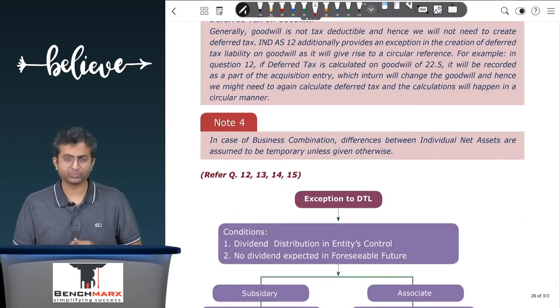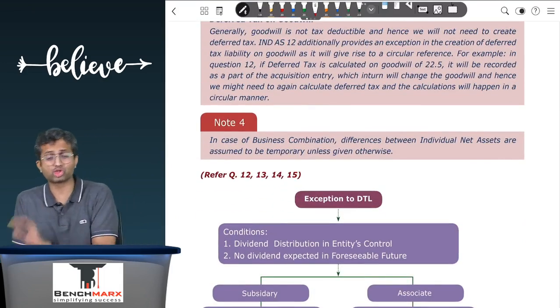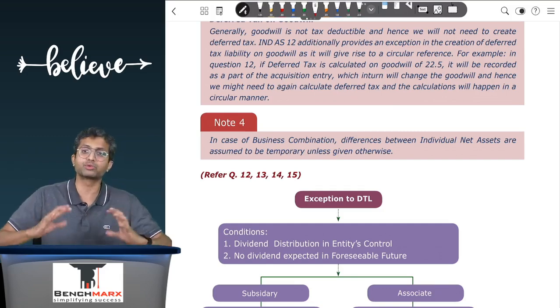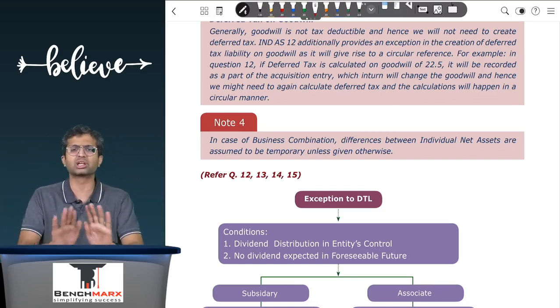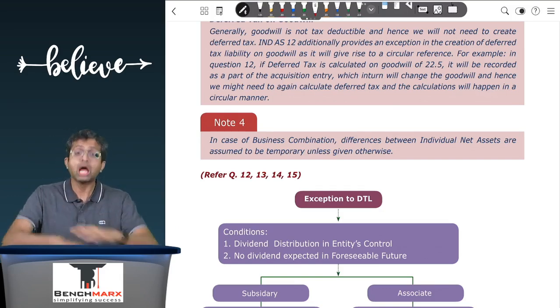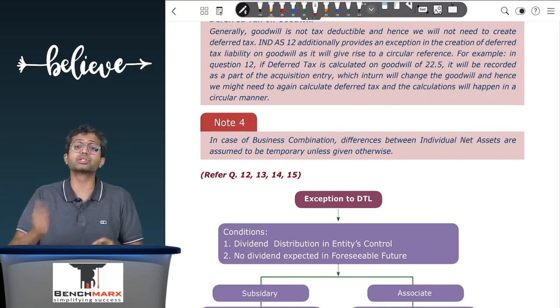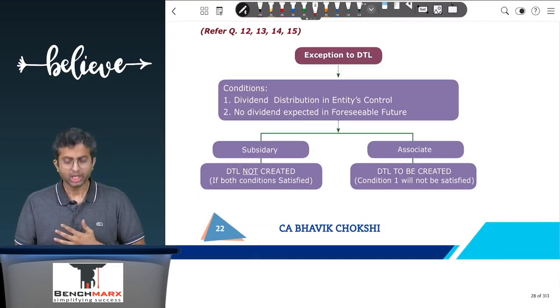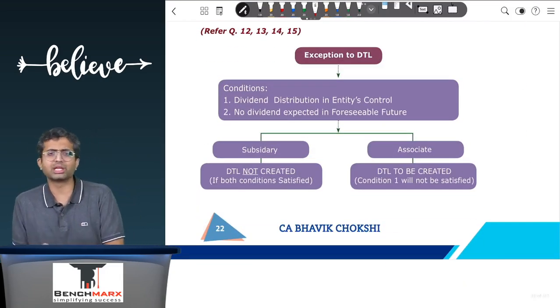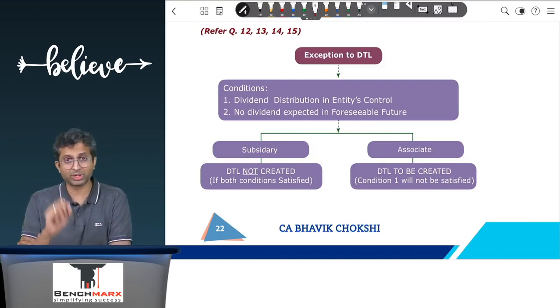Again, for a business combination, remember you're solving an FR paper and not a tax paper. A lot of students think through in a lot of detail how this is tax deductible, how this is tax deductible. Remember, you're solving an FR paper, and hence unless given otherwise, all the differences are assumed to be temporary. Okay, now there are also some other exceptions to the creation of DTL, especially for holding